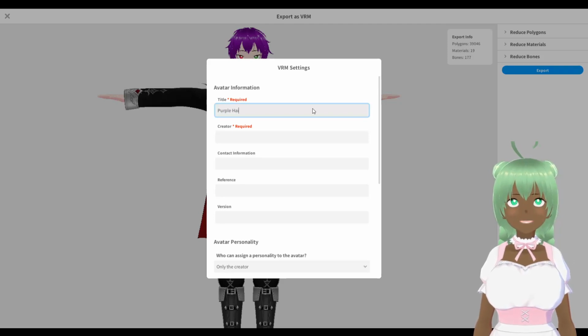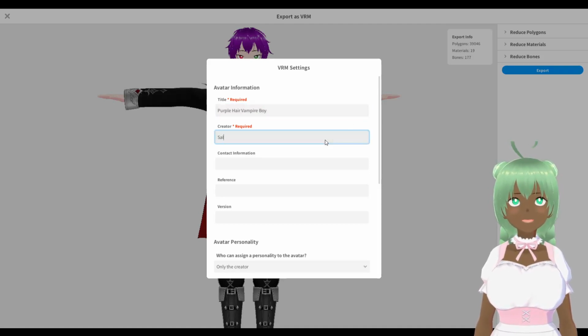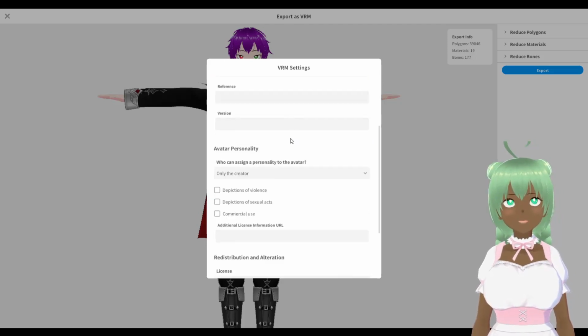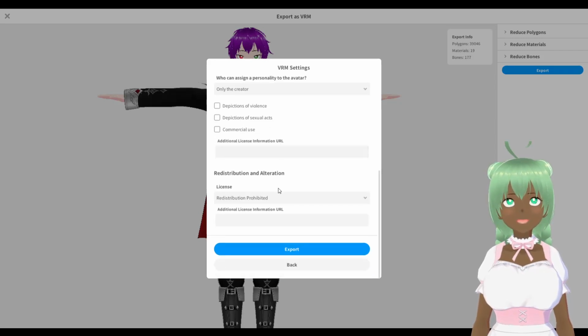purple hair vampire boy. Creator, that's my name, Salty. There's a bunch of other stuff like, you know, more specific, who can use it, and so on. Licenses. None of this really matters right now, but anybody can use it, I guess. So you can export it, save it somewhere on your computer,